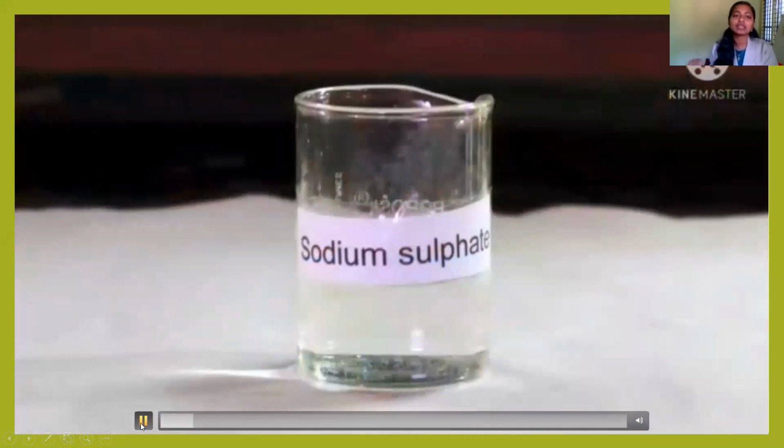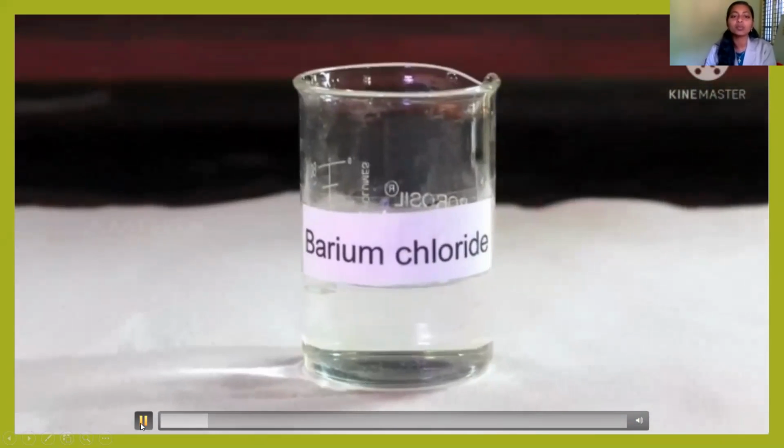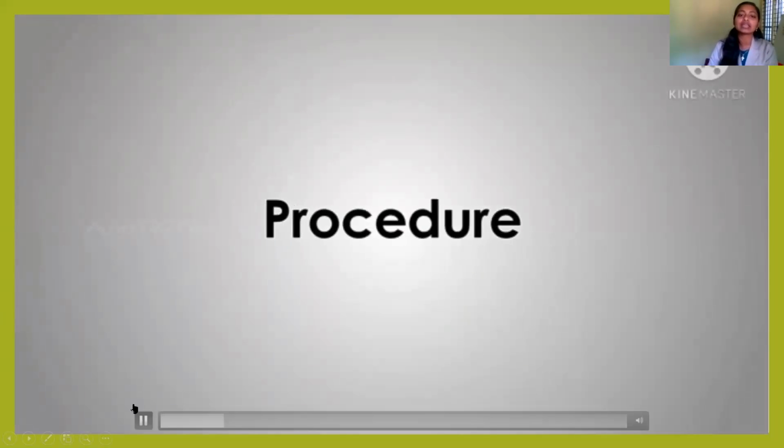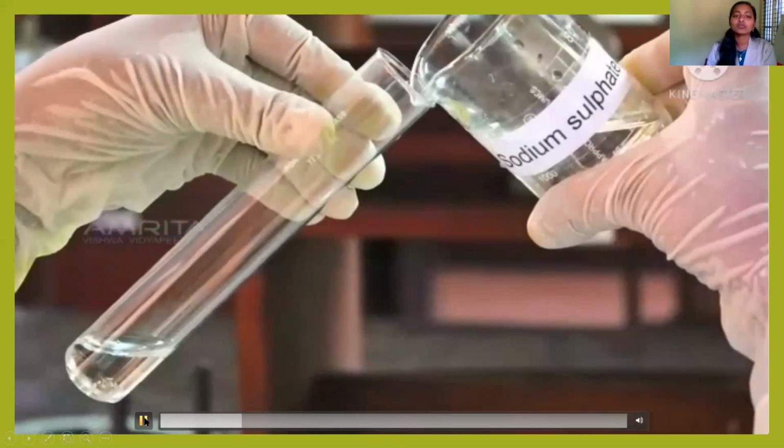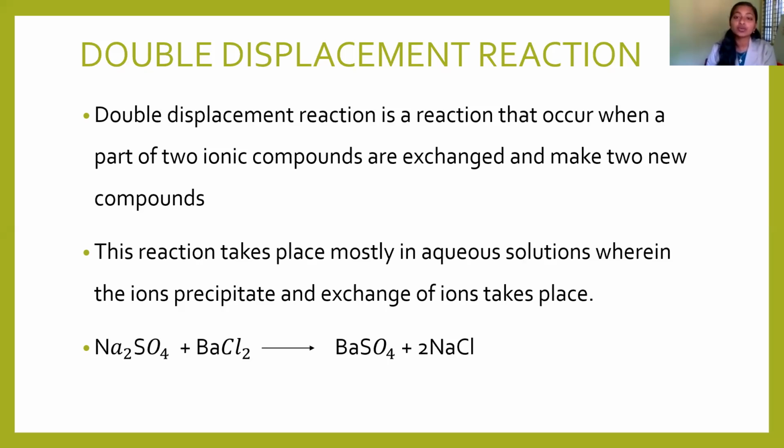So this is an experiment. It requires two test tubes, barium chloride solution and sodium sulfate solution. So take 3 milliliters of